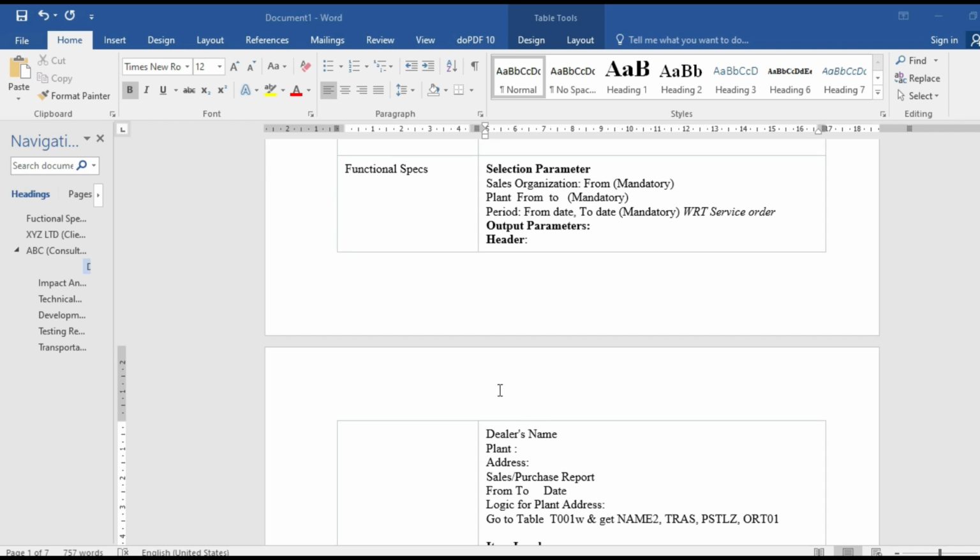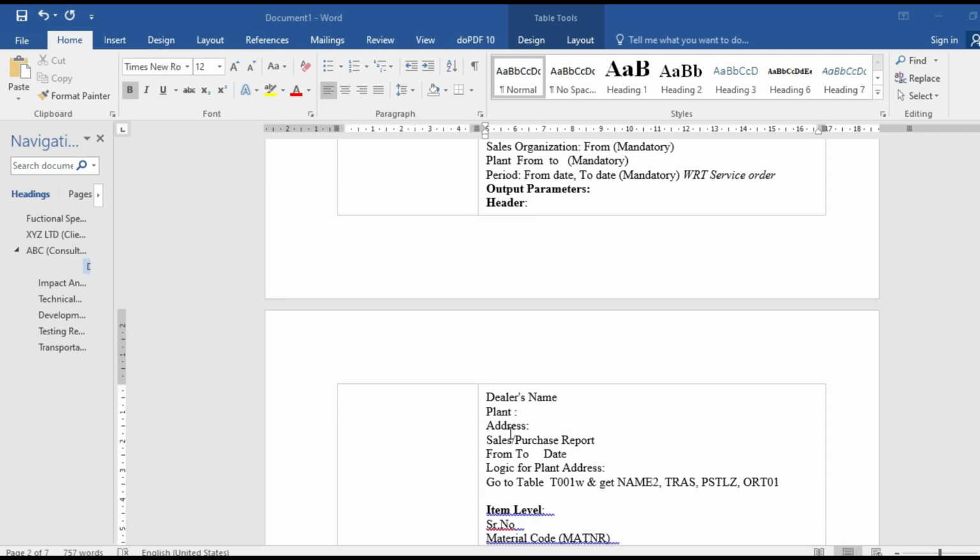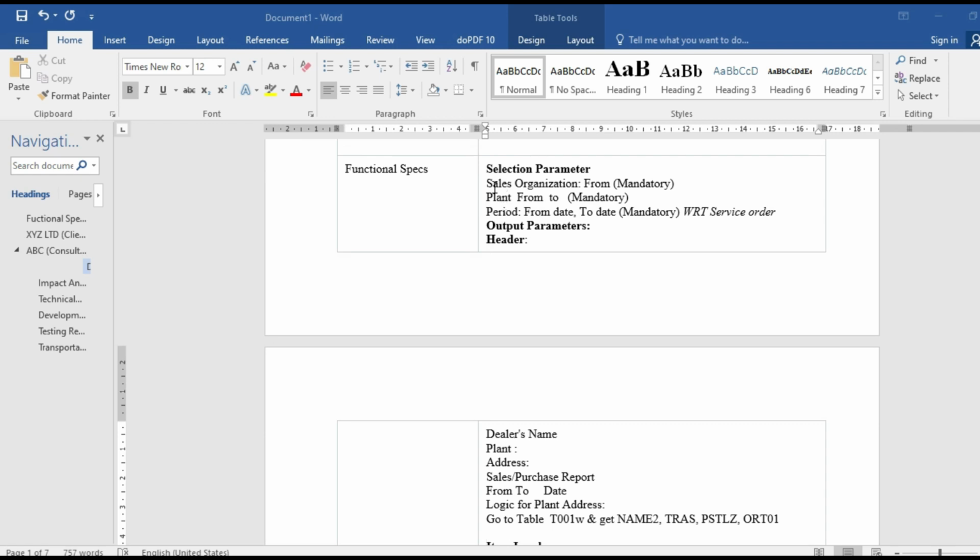So they require tables and how to get the joins and all like that. So suppose this is a sales report. Now parameters would be sales organization, plant from to, period from to, either mandatory or optional.